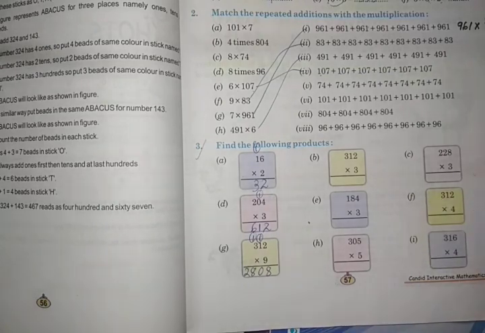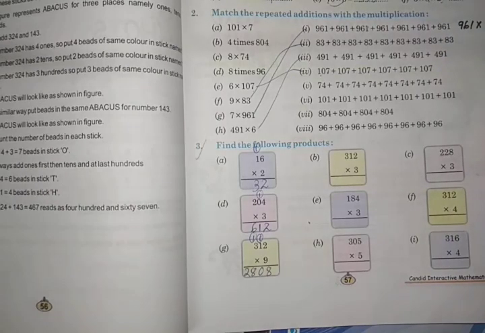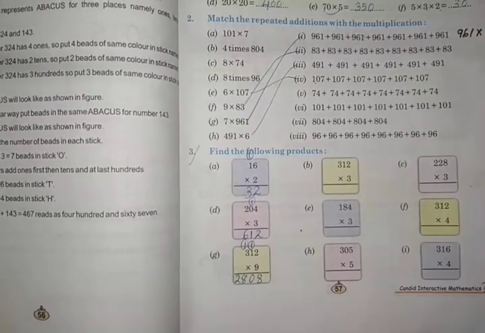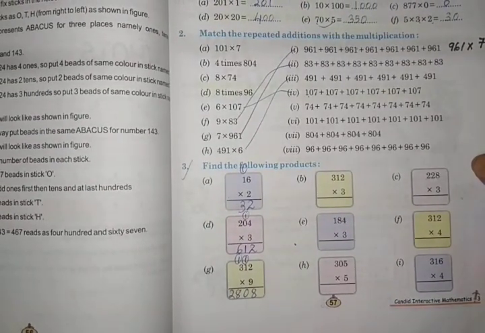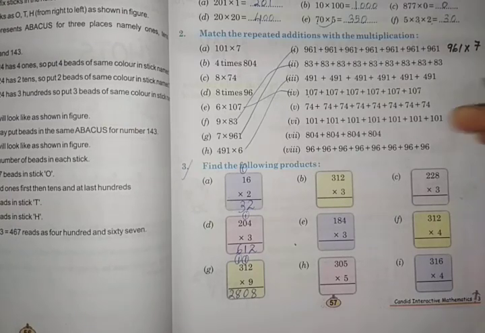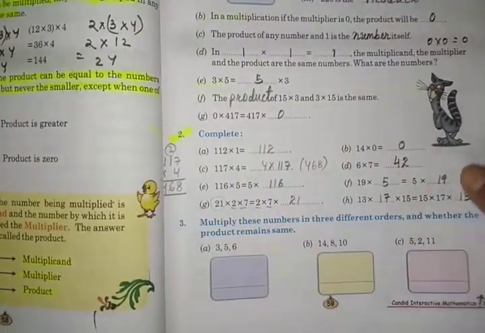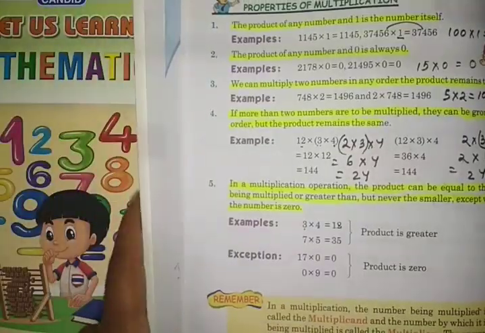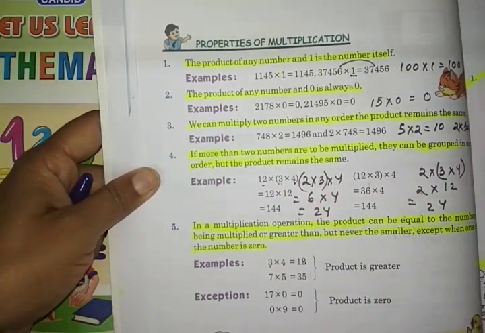Okay, I am not doing it, because if I do, you will not do it, you will just look and write. So better you practice here in the book, because your copy work you might have already completed. So do all this work, page number 57. And next, very important for you to remember all the properties that I had taught you, because questions can be framed from these properties also.